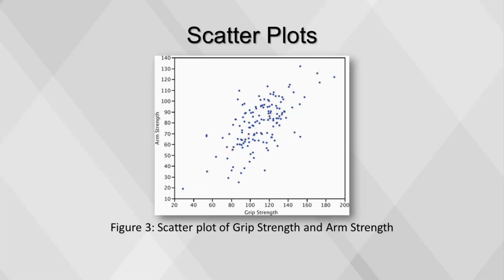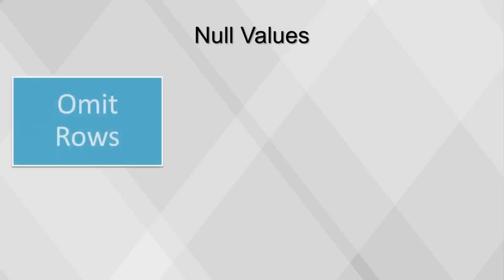of spousal age. A common problem when working with real-world data is the presence of missing or null values within a dataset. There are three strategies to deal with the issue. The first one is to omit the rows. If the variable is very important to the analysis and there are not many observations with missing values, it can be acceptable to filter or delete those rows.